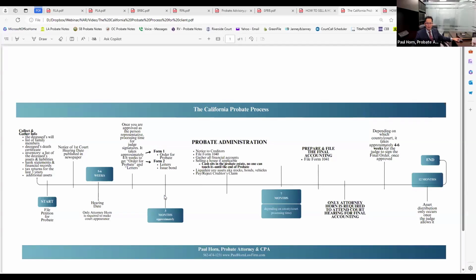These days, the courts are slow. So if you look on the screen, to get the order for probate and letters, it's probably going to take about 3 months. And then maybe another 30 days to close escrow, okay?